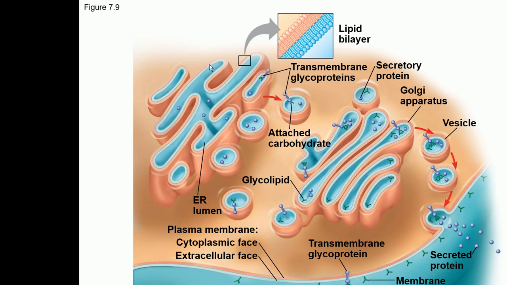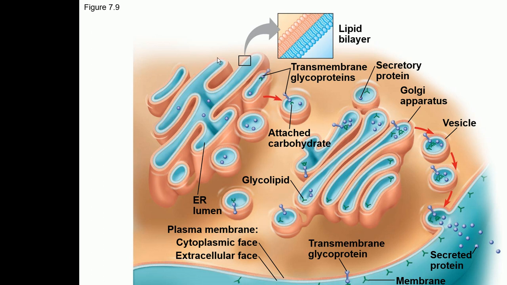And these proteins and lipids are not fully made in the ER. They need to go to the Golgi apparatus, where they get more modified, like the addition of sugar chains, and further folding and more modifications take place in the Golgi apparatus, and then they move towards the membrane. So you can see here, this is a transmembrane glycoprotein. Basically the process of glycosylation initiates in the ER and then it continues in the Golgi.